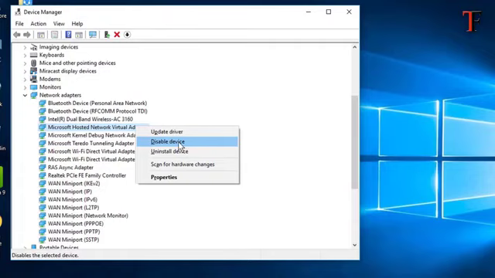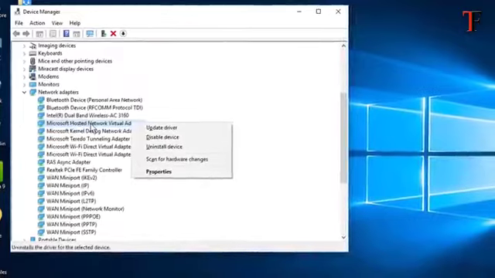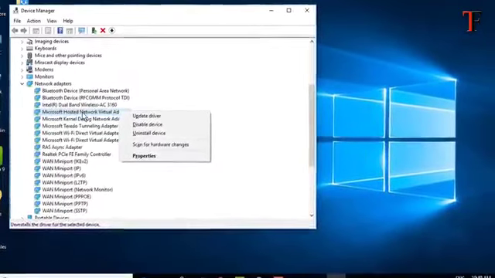If it's enabled and still you are not able to follow the steps, then update the driver in all the cases. Worst case scenario, still if you are not able to follow the steps, you will need to disable the drivers or reinstall all the network adapters that are already there. We are done with the hotspot creation process in Windows 10.